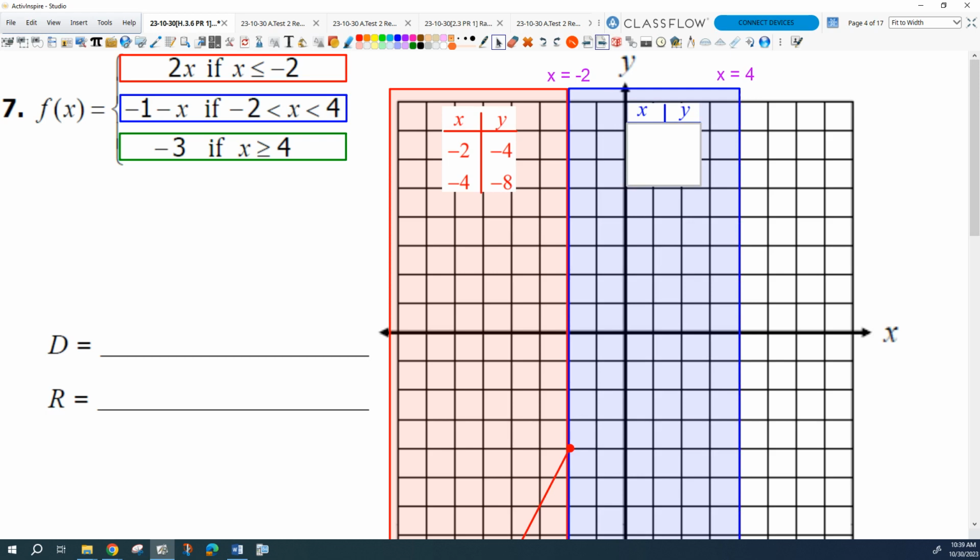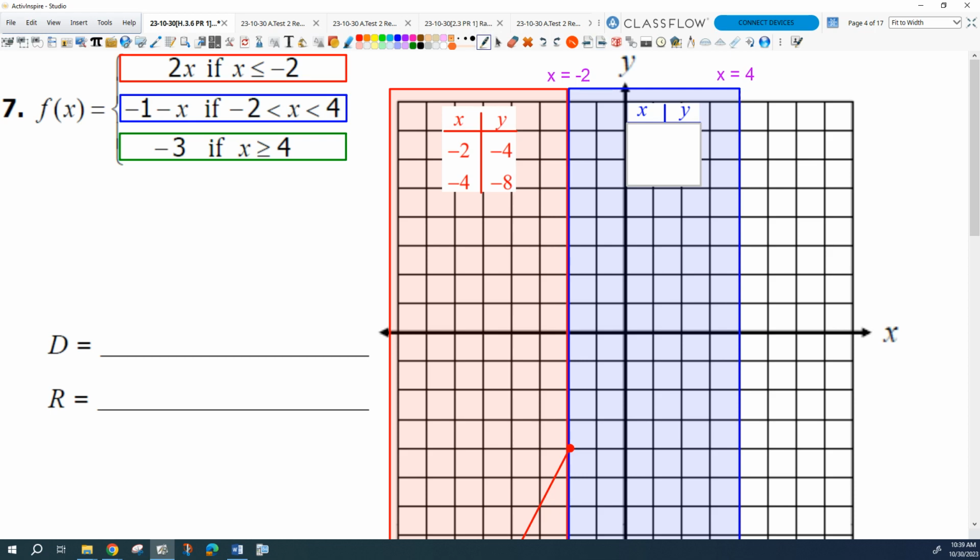Again, we just need 2 points in the blue region. Which 2 points should I definitely choose this time? -2 and 4, right? I want the boundaries. I want to know, where is this thing starting and ending? So let's try -2. If I plug -2 into the function, into the blue function,